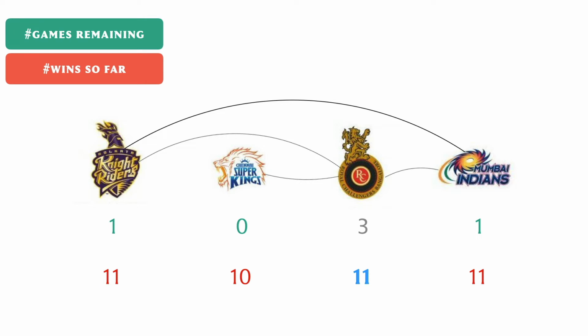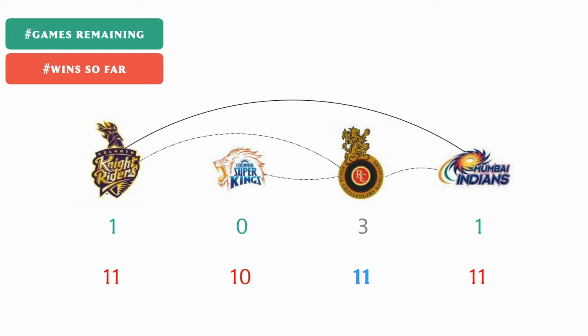So given all of this information as input, in terms of what are the remaining games and how many wins these teams have in the games that have been played so far, we want to address the question of whether a team stands eliminated from being on top or not. Okay, so let's see how we can answer this question by setting up all of this information in an appropriately